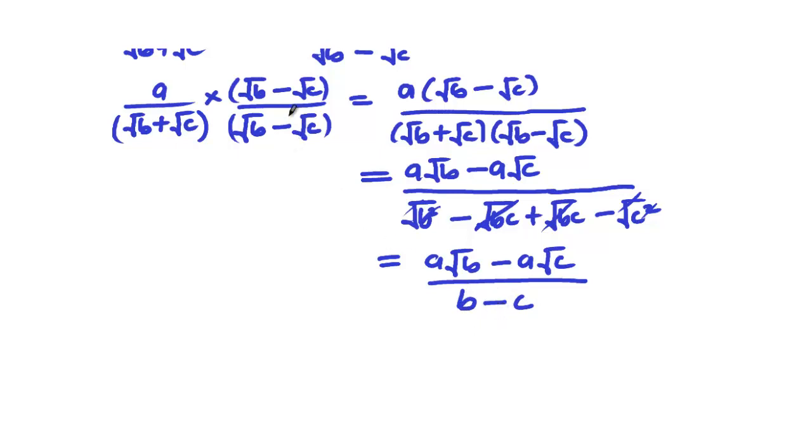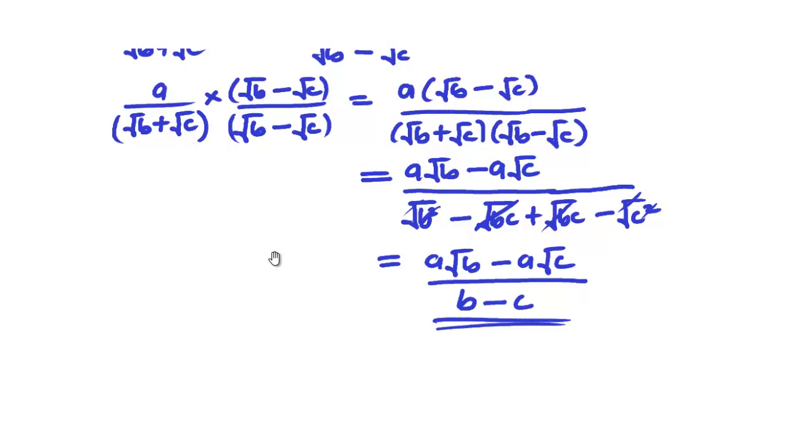Actually, what I actually needed to show is just the conjugate, right? So this will now give us what? That is what? B minus C. So this is the rationalized form, excuse me, of that particular expression. You realize that there is no square root again in the denominator. So let's consider